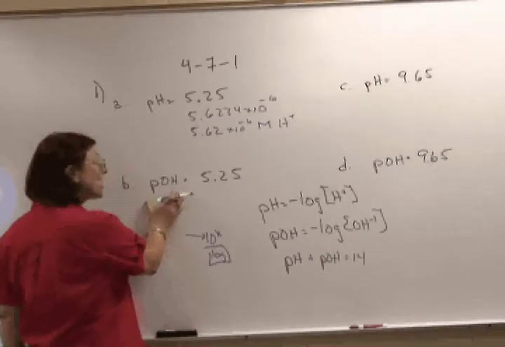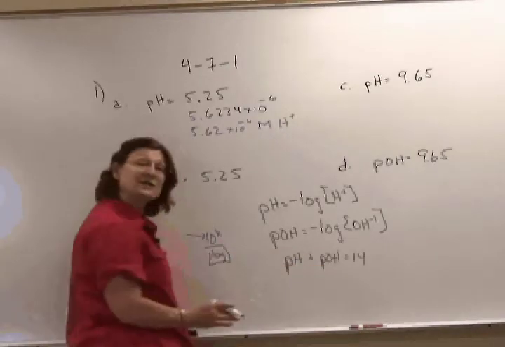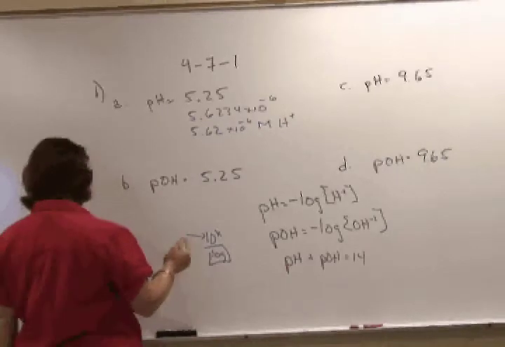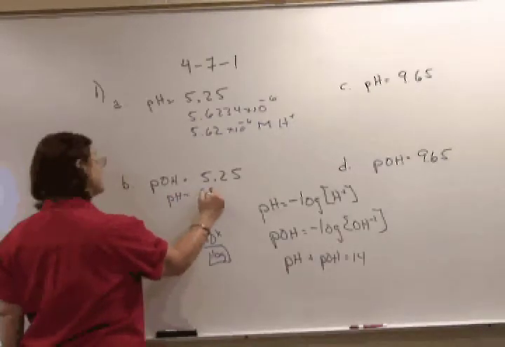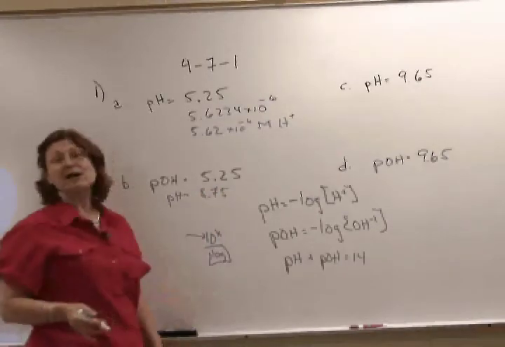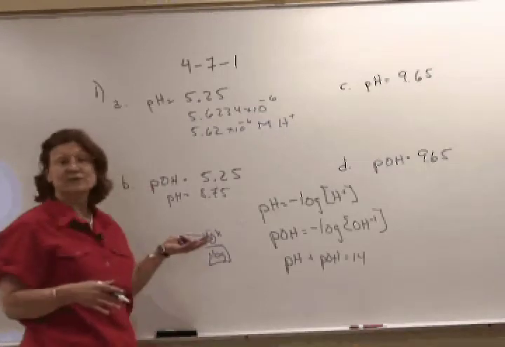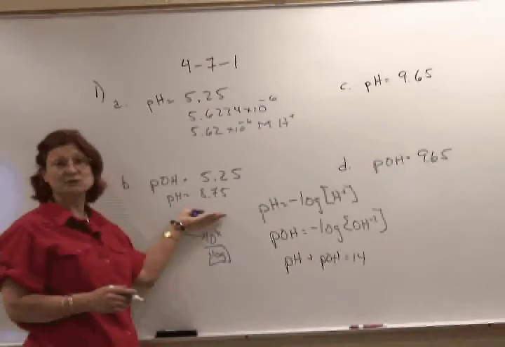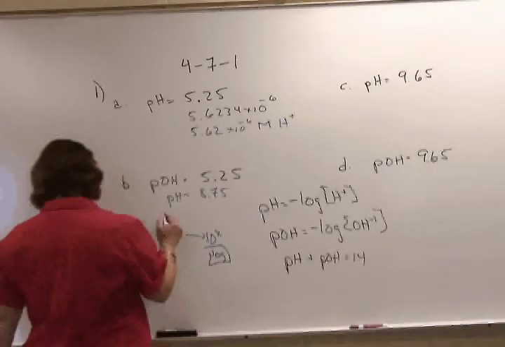Therefore, I'm going to subtract this number from 14 first because the pH plus the pOH is equal to 14. And I will subtract it first from 14, and therefore the pH is equal to 8.75. Now, whether I subtract it from 14 or just subtract 14 at this point, this number must be negative before I take the inverse log, before I get the 10 to the x. And when I do that, I should come out with